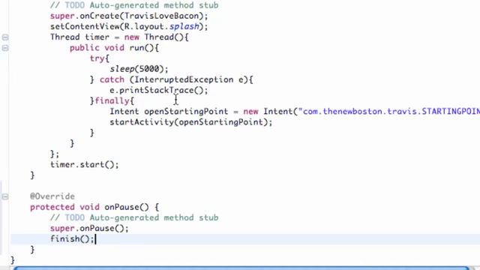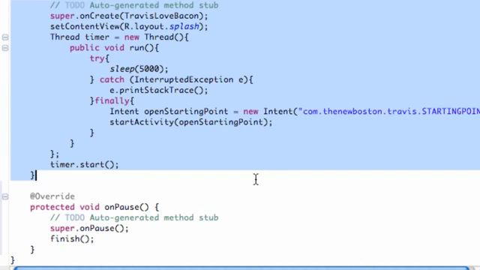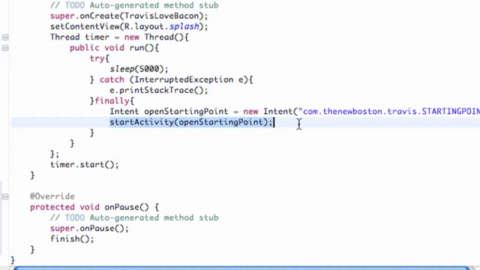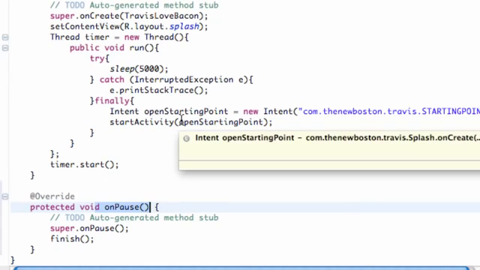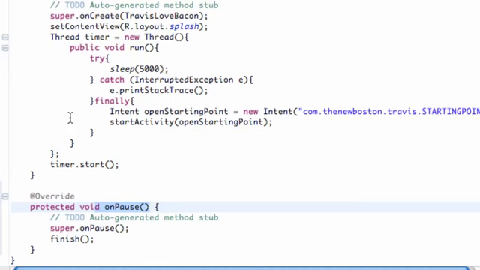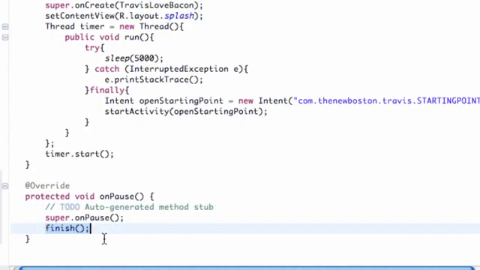So pretty simple, but what is happening is when this splash activity starts, because it's the launcher item, it's going to go through this onCreate method, then it's going to run, and then when we call this startActivity right here, the splash activity is going to call this onPause method because it's going behind the starting point activity that's being created. So it's going to call this onPause method real quick, and that's where we're just going to finish our class. So we're going to say, hey, destroy yourself, finish yourself. And hopefully that made sense, and you guys get the structure of how the life cycle works for the most part,